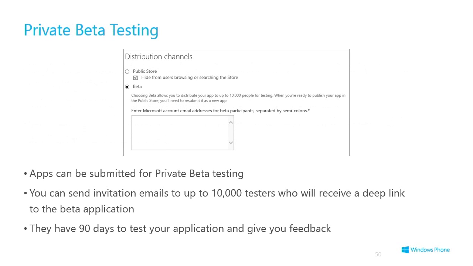Now, when you submit, more often than not you will just check the public store radio button there. But maybe you want to submit it for private beta testing. So what happens here is you select that beta radio button, and then you have to enter some Microsoft account email addresses. So it used to be Outlook.com or Hotmail.com.co.uk or Live.com addresses, and they will receive invitation emails, and you can have up to 10,000 testers who will receive a deep link